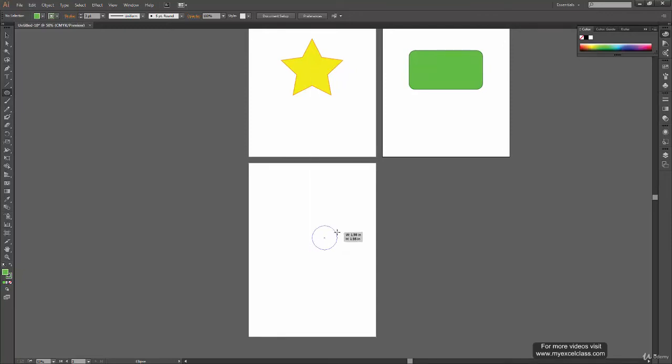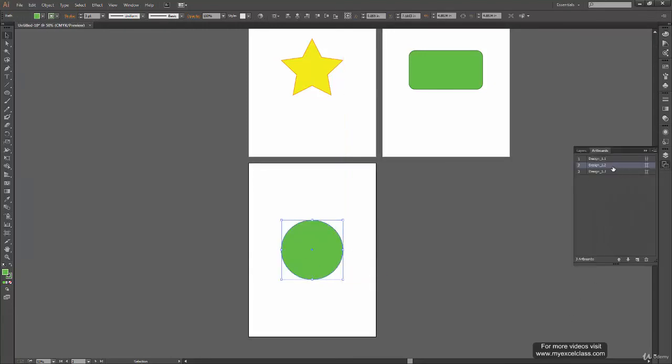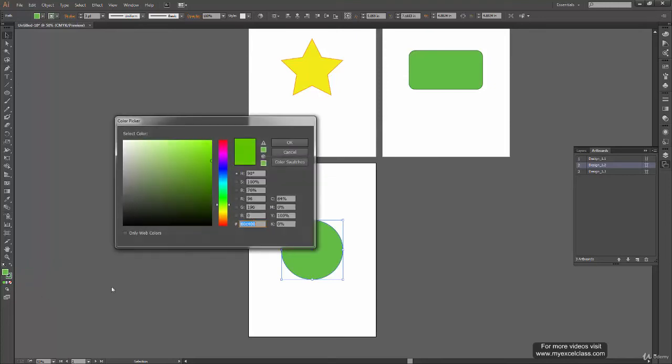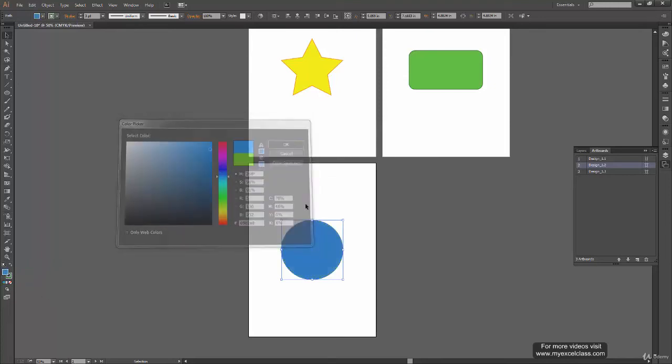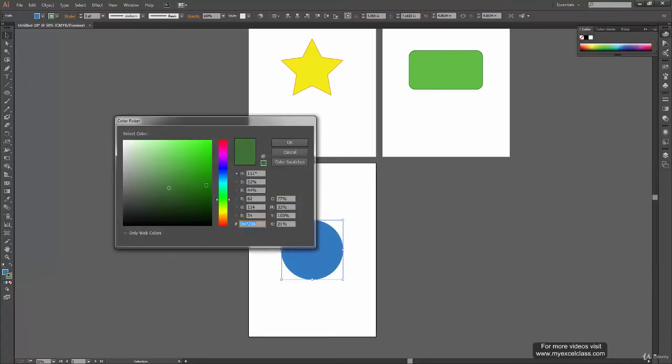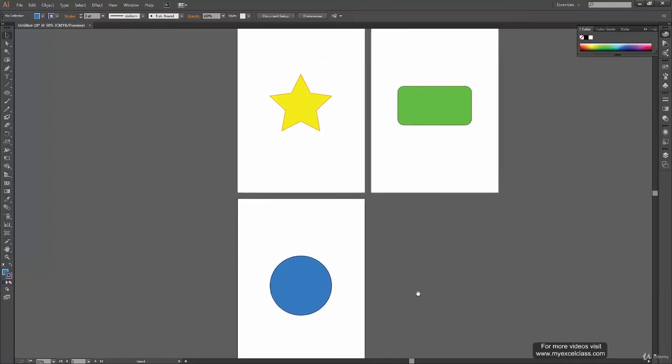Actually, it's the second artboard, I think. I didn't pay attention to the layout. Yeah, this is the second artboard and this is the third one. So in the second artboard we have a circle, in the third we have a rounded rectangle. So let us quickly color this one also. Let's color it blue with an outline of dark blue. Okay, so we have our three artboards, 1, 2 and 3.